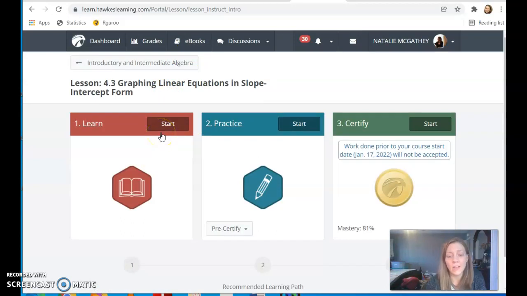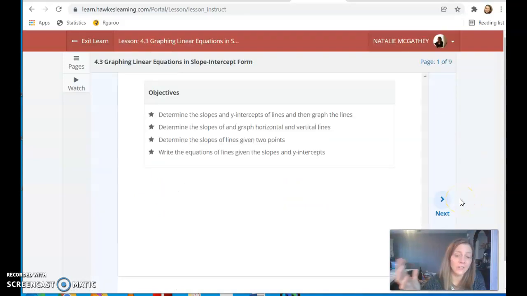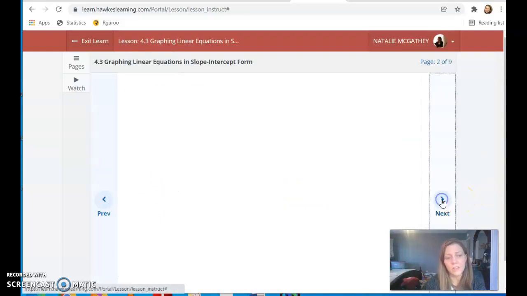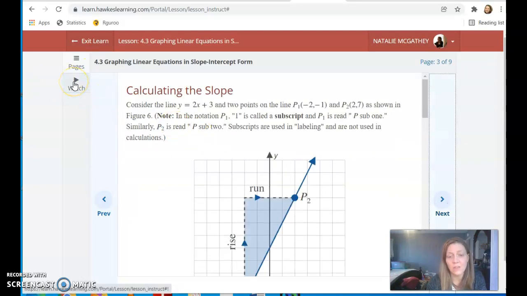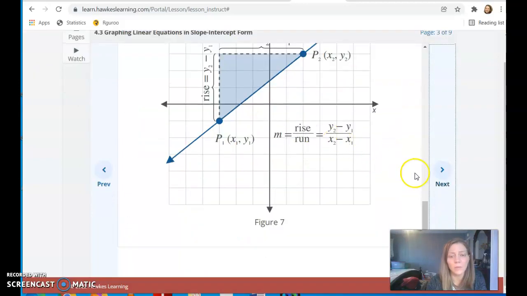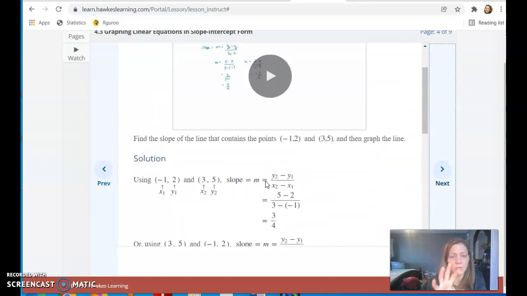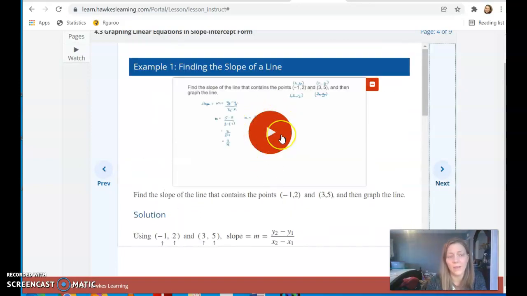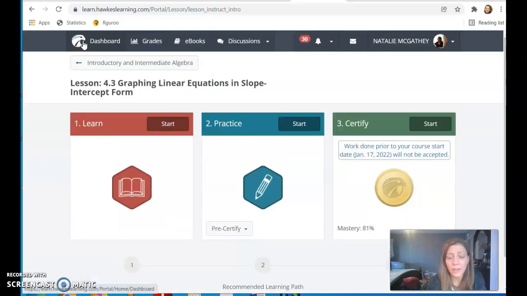Notice when you click on a lesson, you have 3 modes. There's learn mode, which is basically an interactive textbook. So you just kind of page through it. You can have it talk to you if you want. Here's watch, which is some extra videos. You'll see worked out examples. And there's even some embedded examples, like with embedded videos inside this textbook. So it is kind of nice. So that would be some secondary instructions specifically from the textbook.